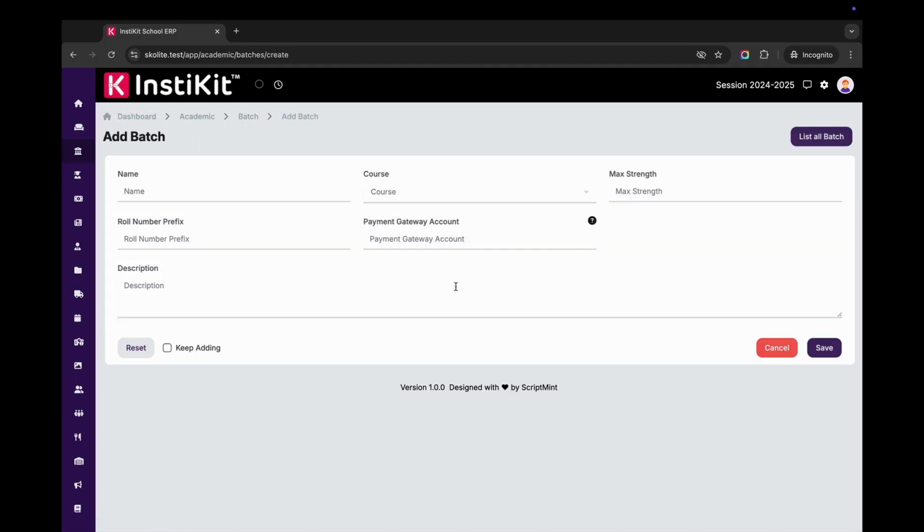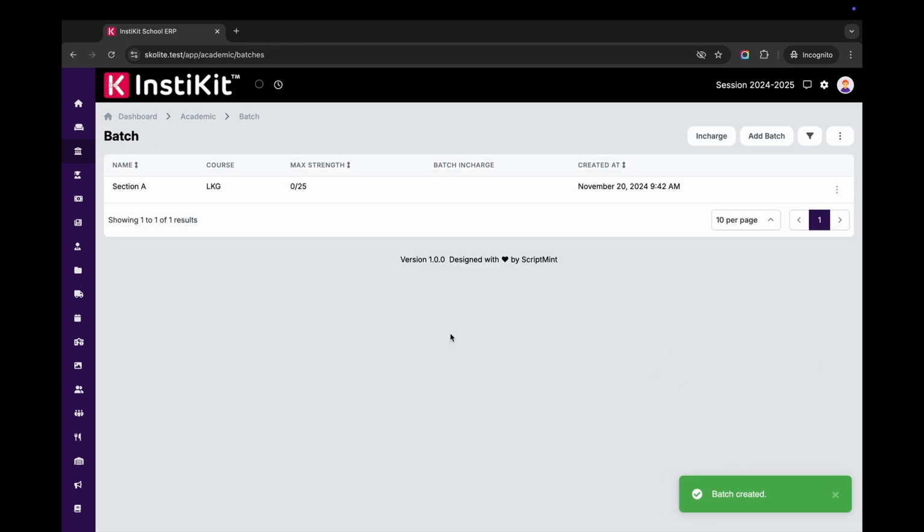To add a batch, click add batch, name the batch, say section A, then you need to select the course, say LKG, and then the maximum number of student the batch can have, say 25, and then you can also add a prefix, say LKGA, and then if you want to select batch wise payment, then you can enter this payment gateway account. You can also add description to this batch, then click save, and now you can see the